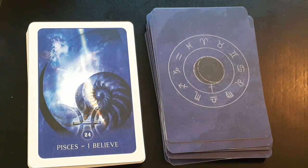Dreams, visions, surrender, paranoia, confusion, a sense of being erased or having fragile boundaries. Let me just take a drink. I'm losing my voice. Sensitivity, compassion, serving others, linking up with the collective, wanting to merge, knowing all but having trouble sorting it out,